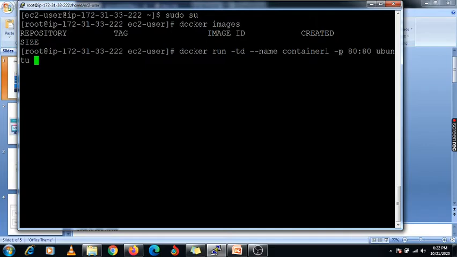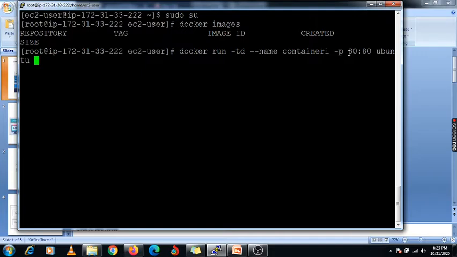Okay, so whatever end user is available on the internet, that user will access your container using this port. That means we can say that is publish. Means we are going to publish that port. So this container will be accessible from anywhere, because this container is not having any IP address. So using this port he can access, right?